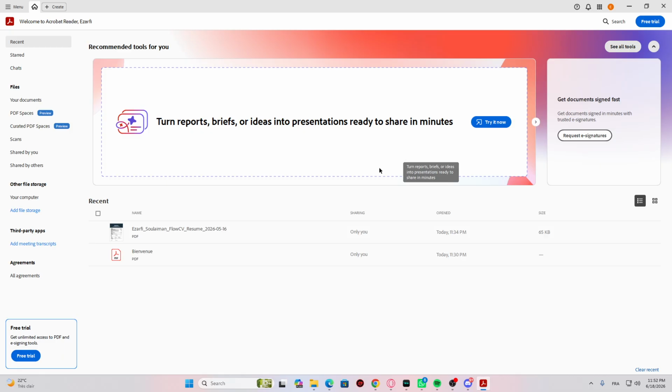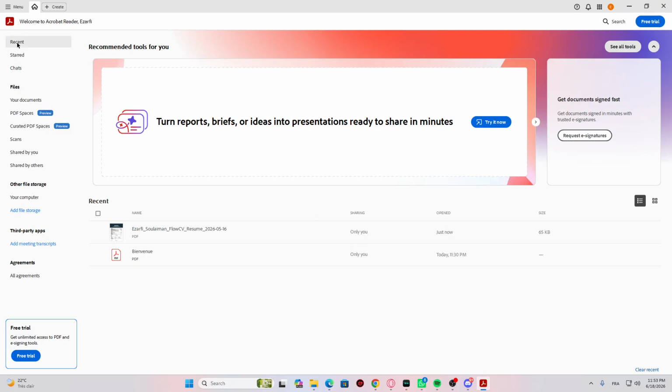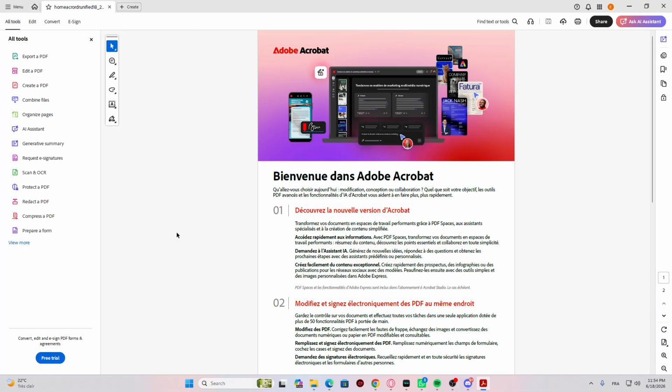So actually guys, first you will need to try a higher compression level. When saving the PDF, you will need to open the PDF in Acrobat, right? So you will need to go to the files here, your documents, and you will find it right here. Just go ahead and open it. Or you can find it in the recent files right here. For example, you just double click that specific PDF that you want to compress, and then